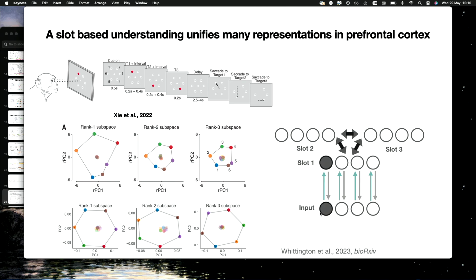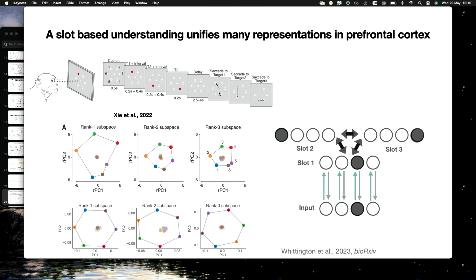When we first enter, we load something into the first slot, we rotate it around. Now we're here, we load something into the first slot, we rotate it around. Now we're here, we load something into the first slot. Great. Now this is the activity in the delay period, so slot 1, 2, and 3, that's exactly what we're